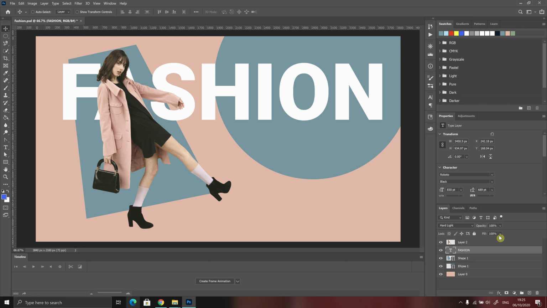We have previously seen that on the Layers panel, there are some options that you can use to change the properties of certain layers. For example, you can use the opacity and change the transparency of a specific layer. For example, if I choose this layer and I reduce the opacity, as you can see, the object on the